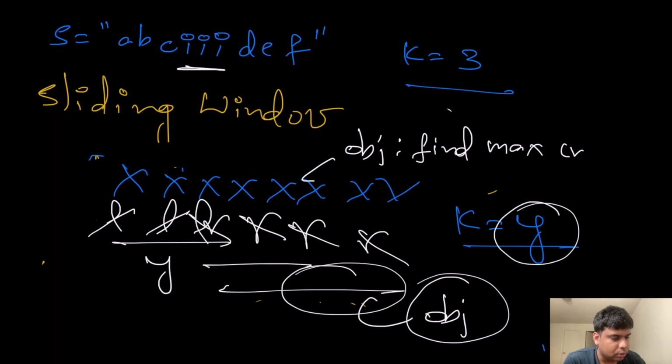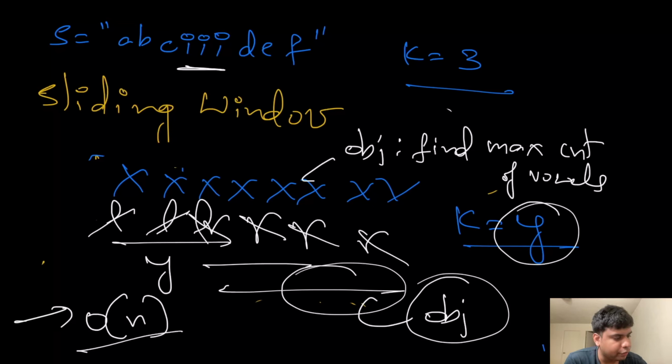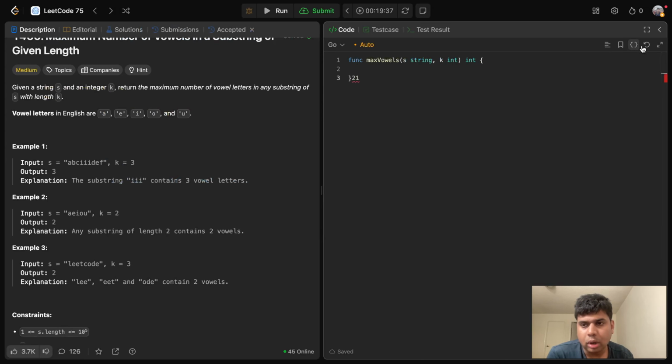Find the max count of vowels. So that is the objective of this problem. Move the window, basically slide the window, and do the objective. That depends on the problem. So that's it. And the time complexity of this approach would be O of n. Now I'll go back to the editor and write the code and show you how we can implement